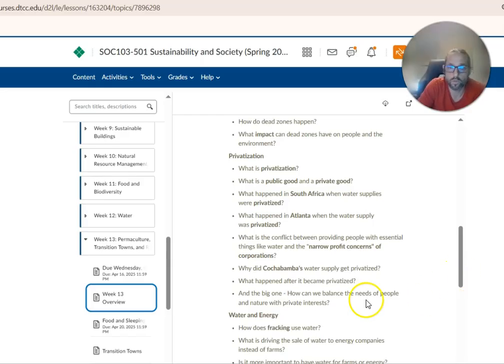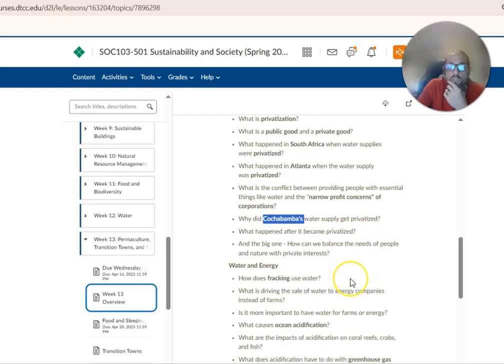And so Cochabamba is kind of the notorious example of what happens, where people protested, and unfortunately a young man was shot and killed. There were riots, I mean, clashes with the police and so forth. So they did actually get their water rights restored. The public good was given back to them.